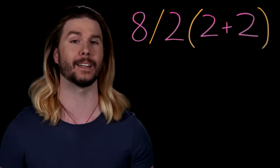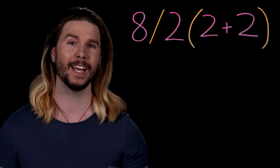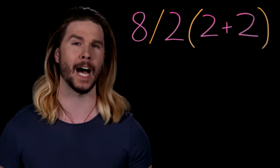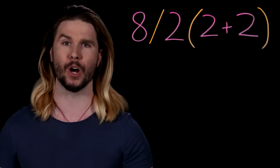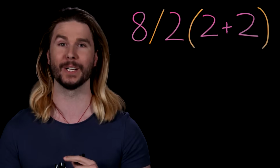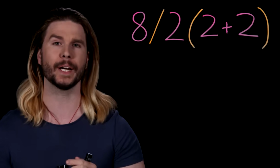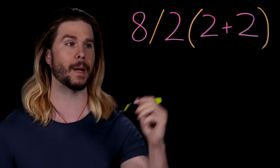Some people say that it is 16, some people say that it is 1, and some people say a value that it is definitely not. But how would we go about solving this? Well, if you are a part of this debate or you don't know what I'm talking about, you will in a second. When people talk about it, they usually bring up something you may have learned and remember from math